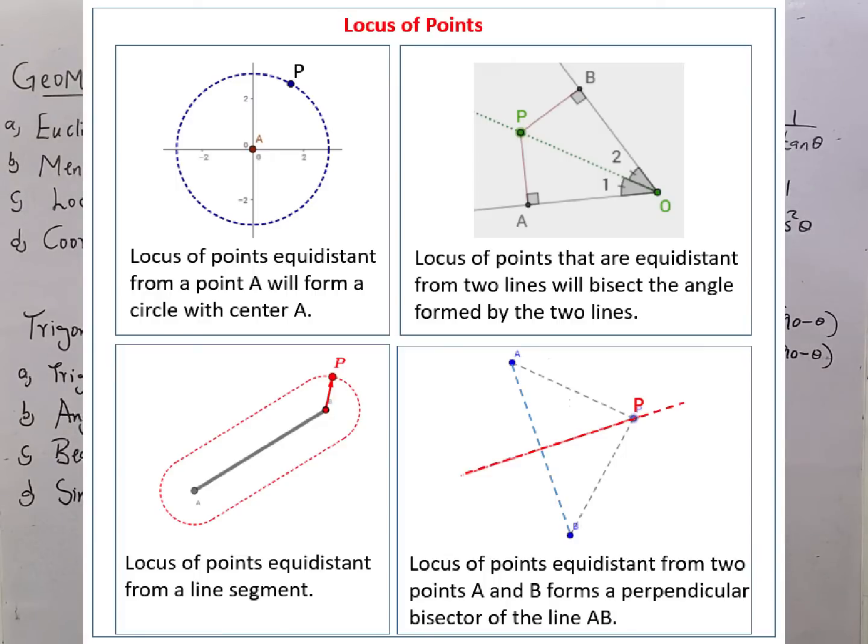And 2, the locus of a point equidistant from a fixed point is a circle with the equidistant distance as the radius. And finally, for lines and surfaces, the locus of a line that moves at right angle